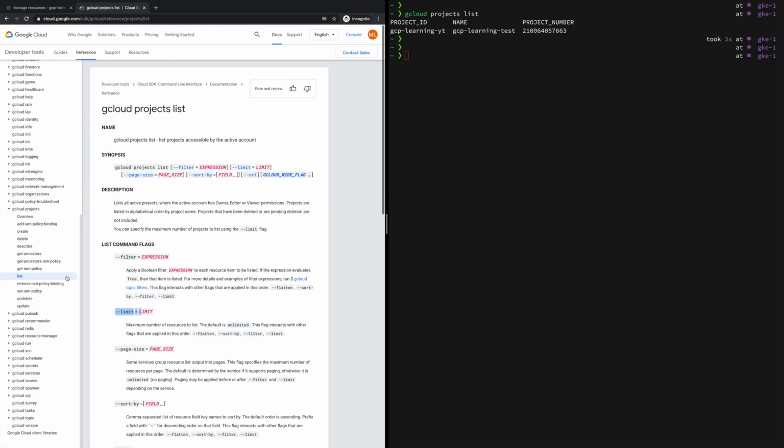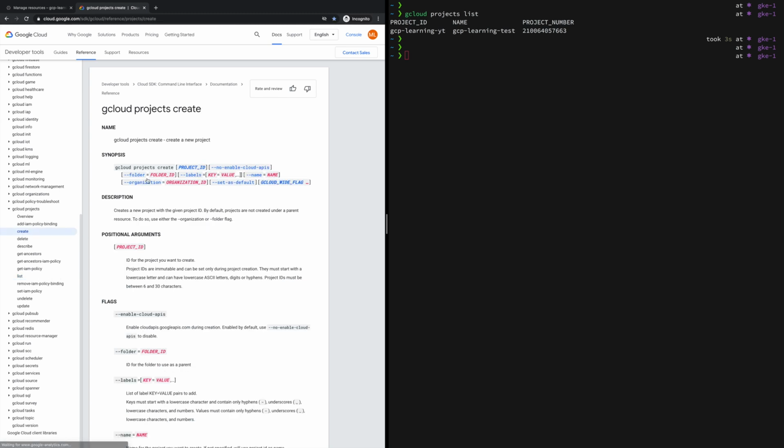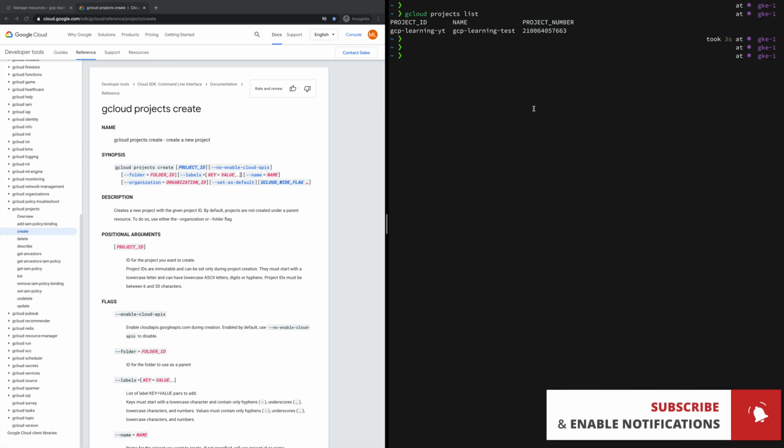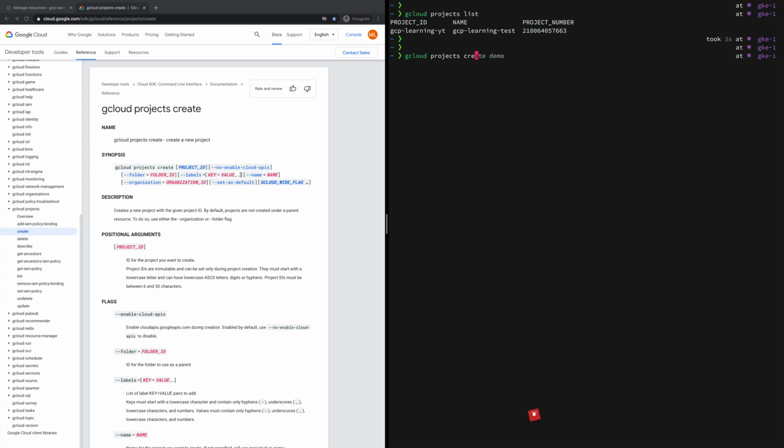So now let's see the create command for projects, gcloud projects create, to create a new project. If I type gcloud projects create, what we need to provide is the project ID, not the project name.